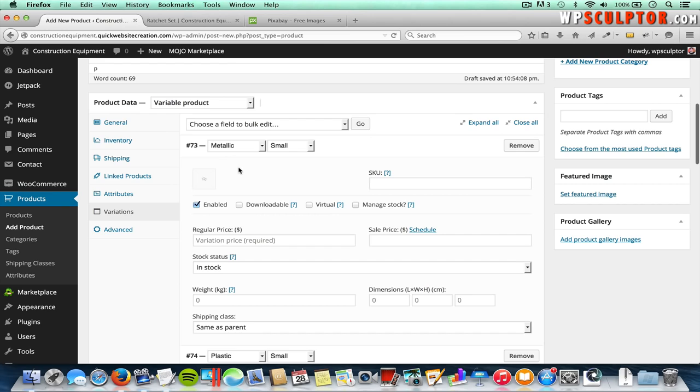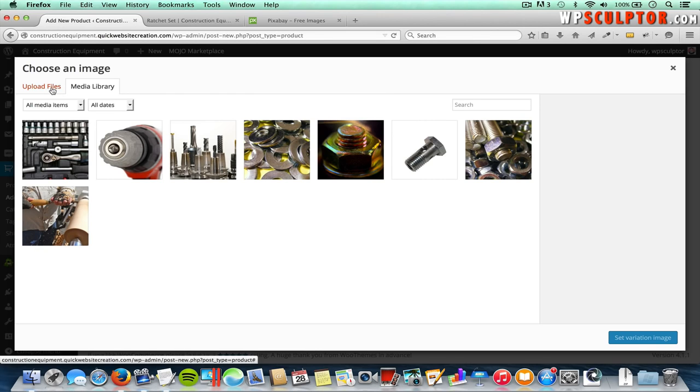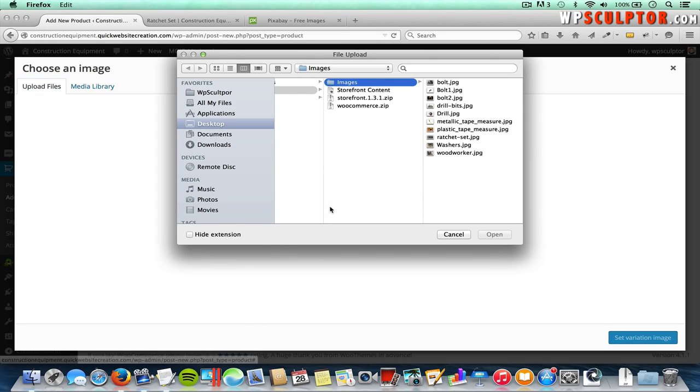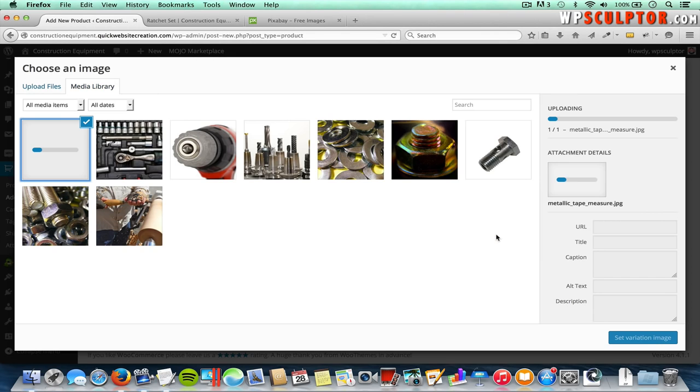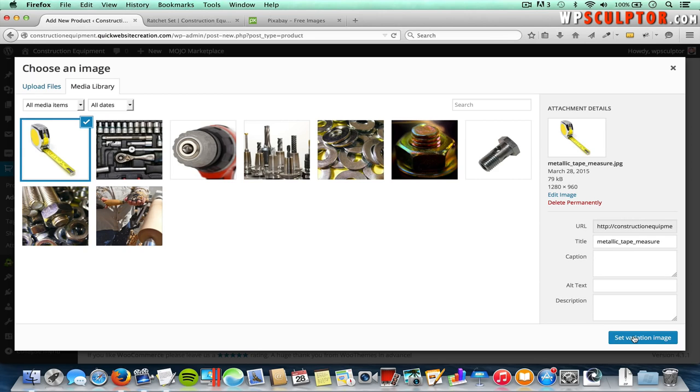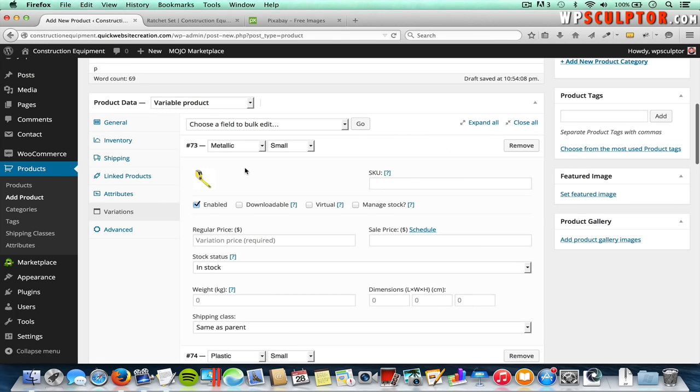and the first thing I need to do is add a picture for each one of these, and to do that you just click on the icon here underneath. So this is going to be for the metallic small option, so I'm going to click on this icon, and then I'm going to click on upload files and click on select files, and on my hard drive I've got the metallic tape measure image, so I'm going to select that and click on open, let that upload, and then click on set variation image. And then I need to choose a price for the metallic small variation, and I put that underneath regular price there, and for this one it's going to be $20, so I'm going to type in 20.00,